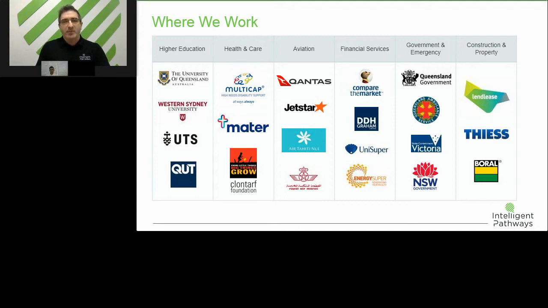We work across a range of different industries, and what's important to reflect on in our multiple engagements with these types of clients is that we haven't always been focused on the customer. There's much traditional work that we undertake, but more and more, each one of these industry verticals are focusing on the customer like never before. So whether it is student, patient, passenger, client, citizen, or tenant, all of these clients are very heavily being disrupted within their industry and by external factors, and they're having to look to how their relationship with their customer is functioning in order to deliver on the strategy for their business.